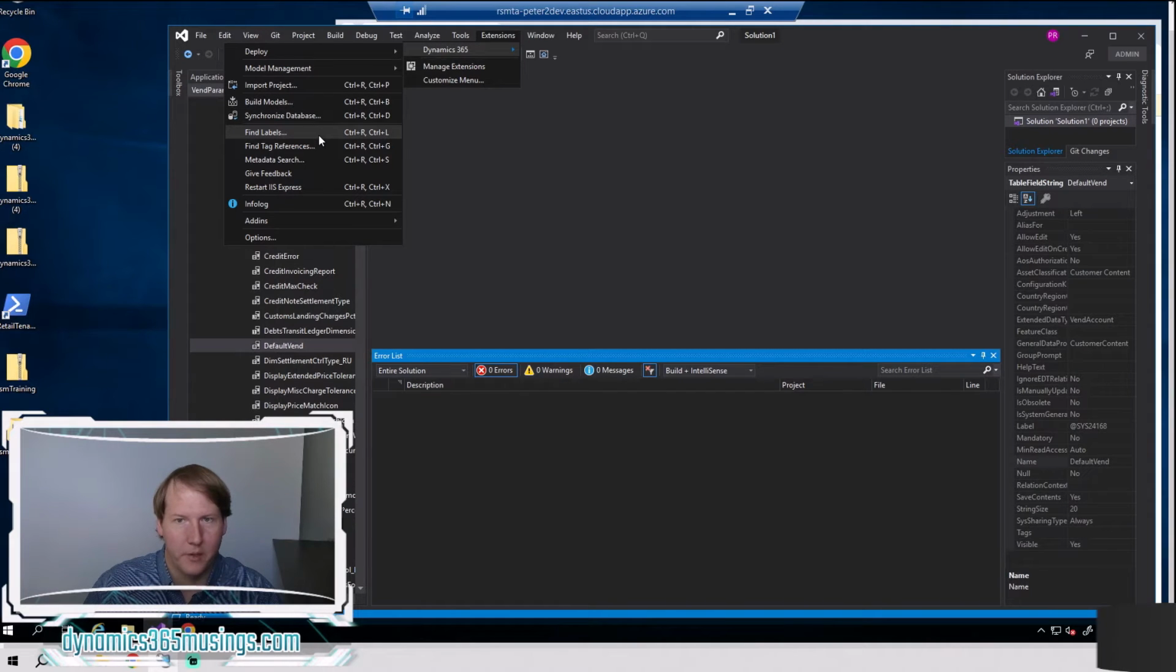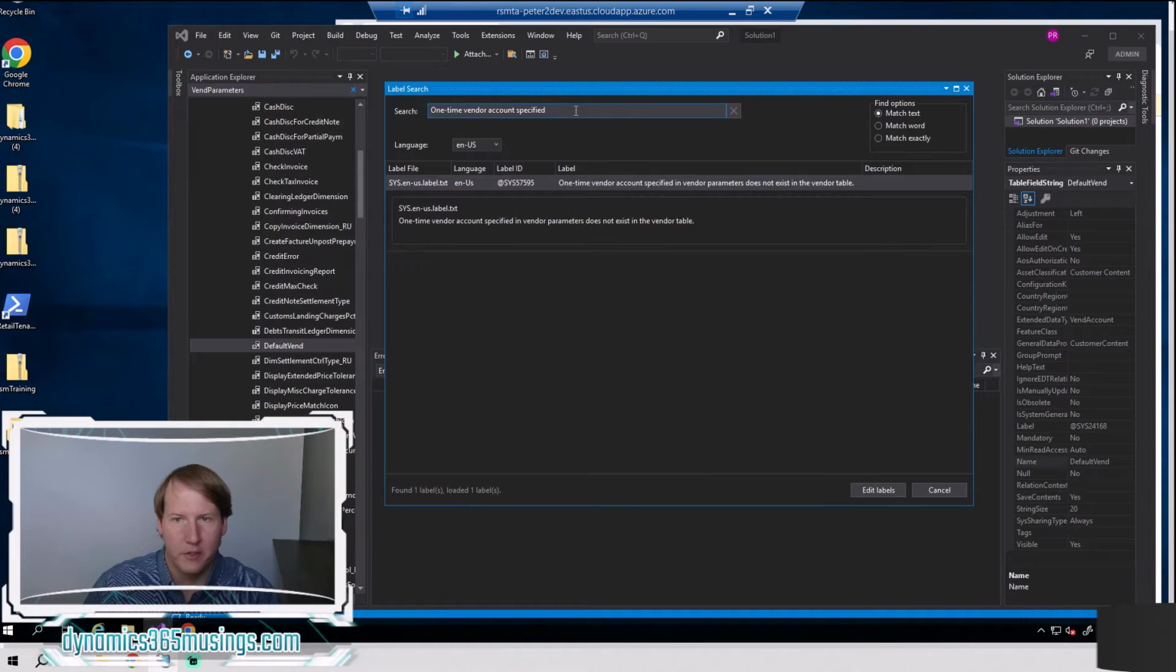So I'll pause right there so you can kind of follow along. But this Find Labels allows us to search for a particular label and find what label ID that message is coming from. So usually this is used so you could modify this label, or you could add another language, etc. to this label. In this case, we can use this form and find all references to find where in code